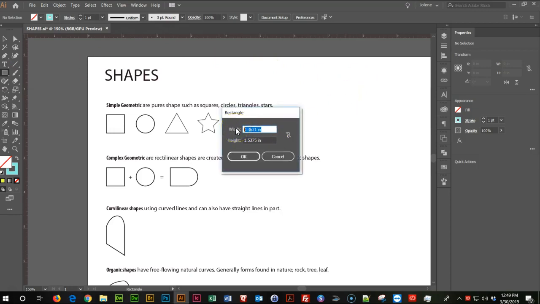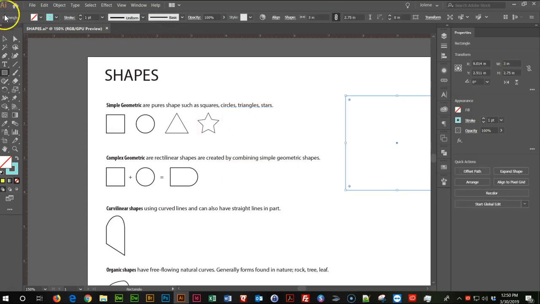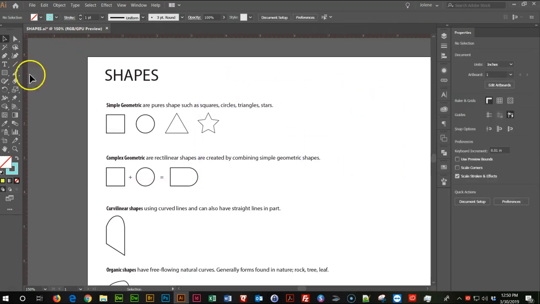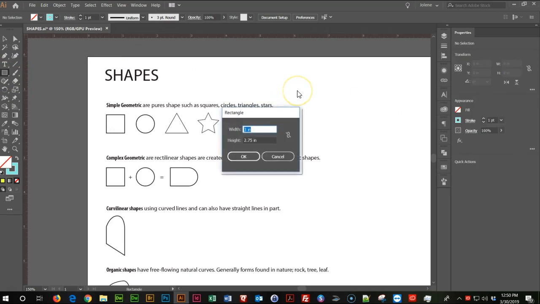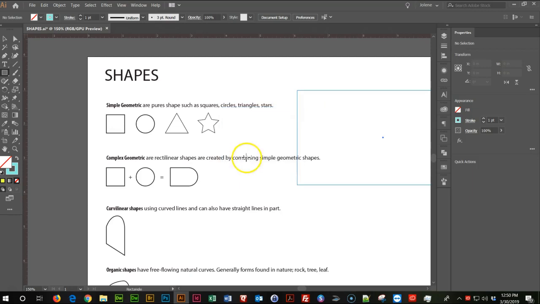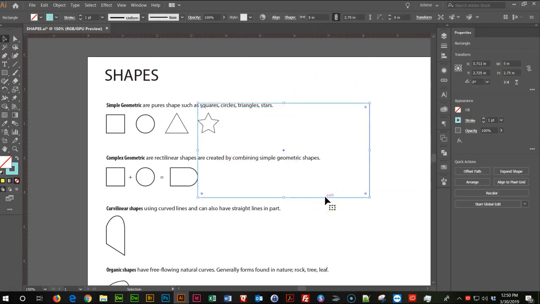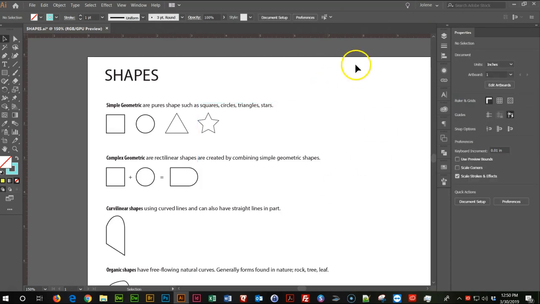So say we have a defined size that we need, and it's 3 inches by 2.75. Now this rectangle is precisely that. That wasn't a very good example. Let me do one. Let's make this 4. I'll make it 5 so it's more obvious. There we go. So that is precisely the size I entered there in the dialog box. Okay, so that's